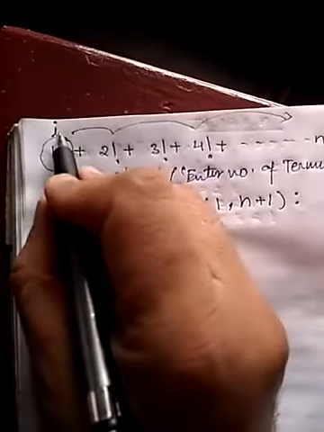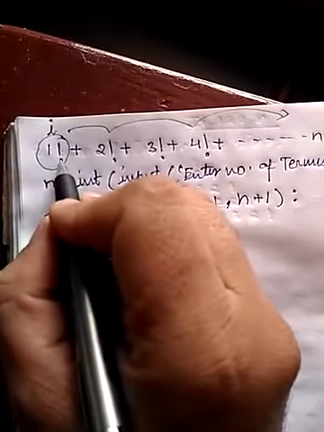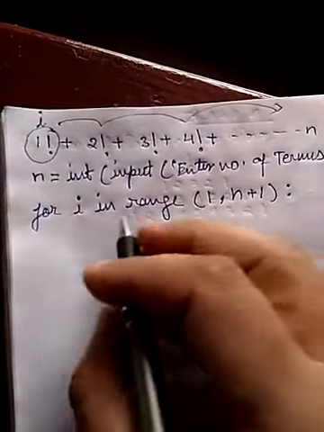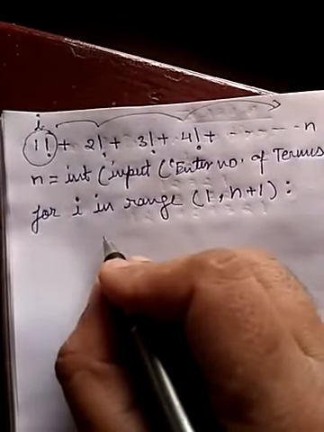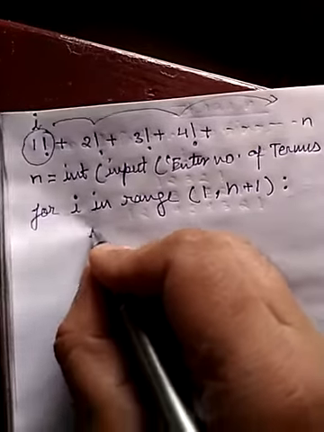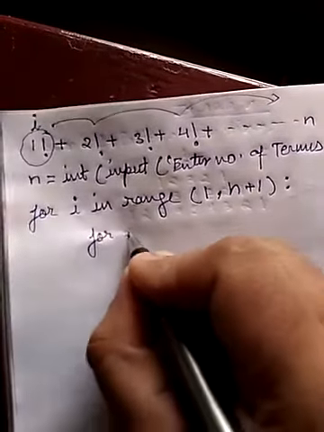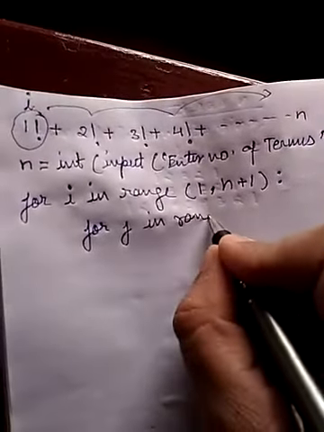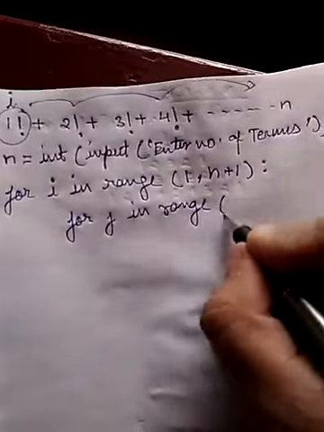Now here instead of adding I, I am adding factorial of I. So here I need to find out the factorial of I. So to find the factorial of I, we have to again write a loop